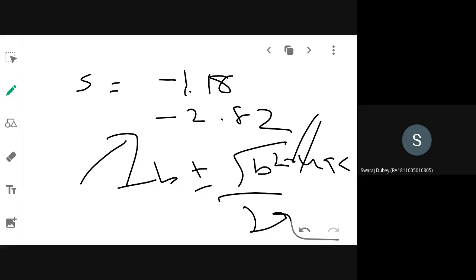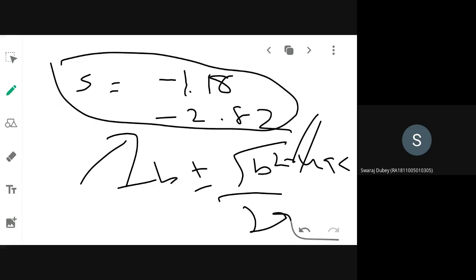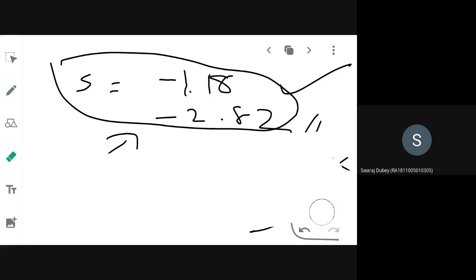So let's proceed with the problem. So if you solve that quadratic equation, these are the two roots that you will be having. So you have to substitute these two roots in the formula for k. Okay, so what is k value that you have got? You have to substitute these values in your k formula. So what is your k?